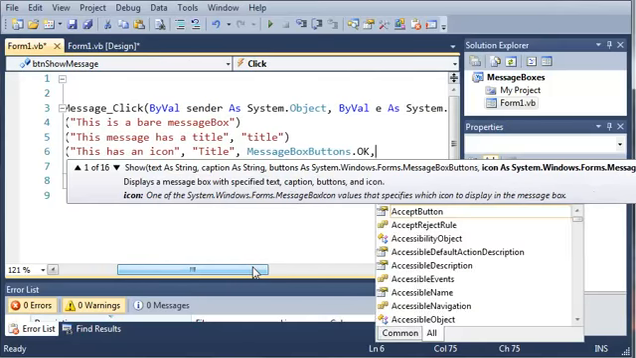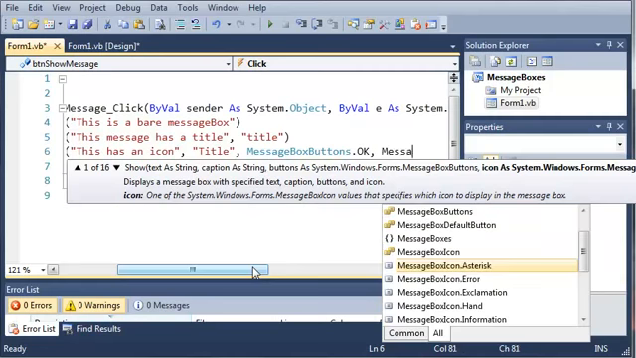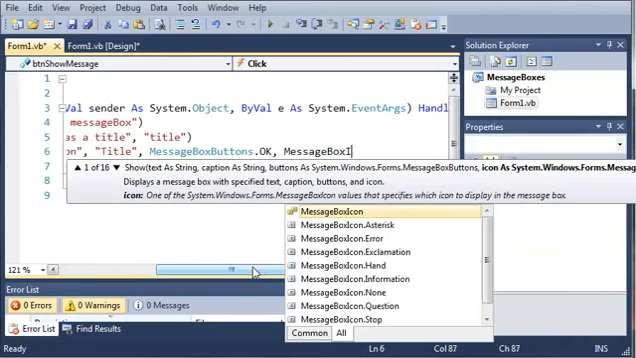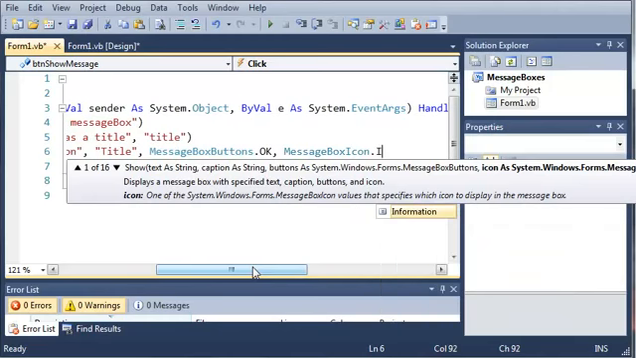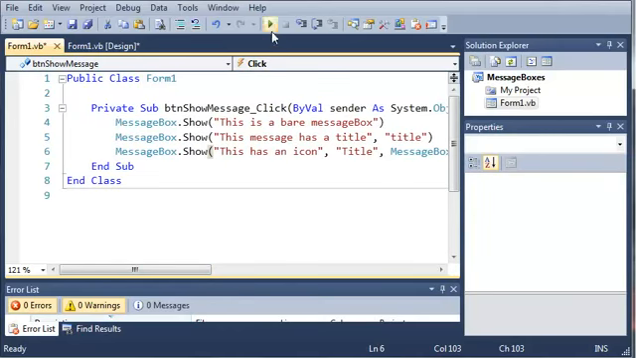And now we'll add another comma, and what we do here is we set the icon, and it's icon as System.Windows.Forms.MessageBoxIcon. So we'll just type MessageBoxIcon.Information. Okay, so now if we run this,